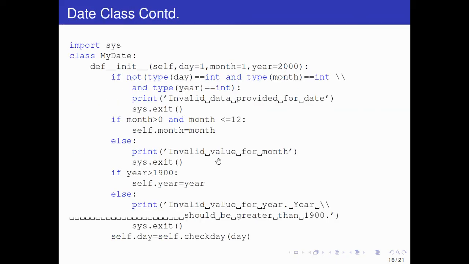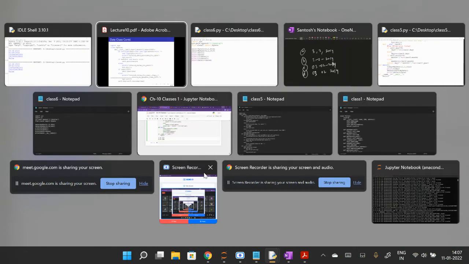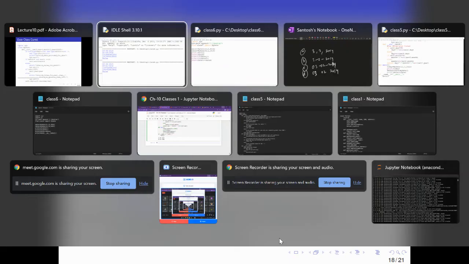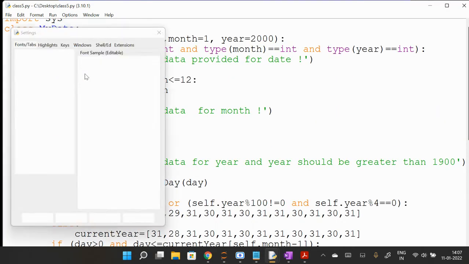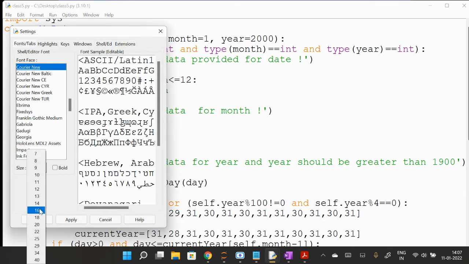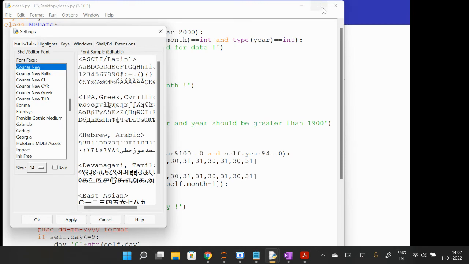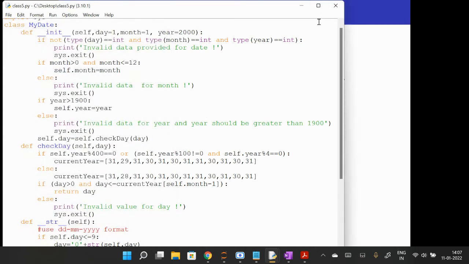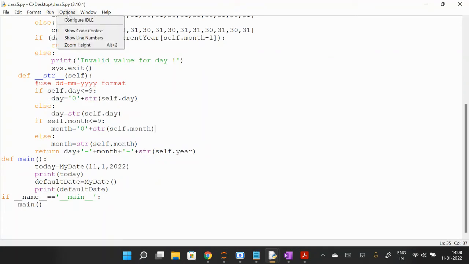Now I will tell you to write this program. I'm showing you the program here. Everyone just type. I will ask for the name, then you have to share your screen and say whether it's working or not. So you write this program. I will make it small. Is it visible?